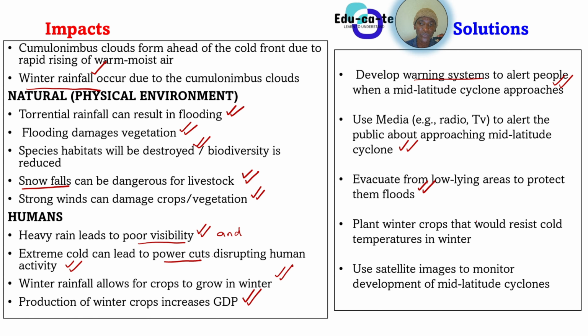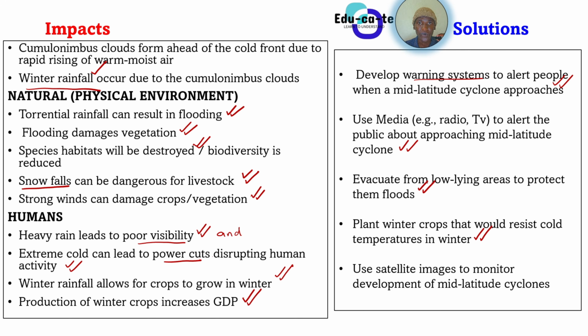So we can also plant winter crops that would resist the cold temperatures so that we do not lose. Remember that we have said that production of winter crops helps the economy. So basically, to avoid losses due to this mid-latitude cyclone, we should normalize planting winter crops. The winter crops can basically resist cold. Even though it is cold, they're able to grow and we can make productivity from them, and that productivity will eventually help us economically. So we should plant winter crops so that we can curb the economic crisis that will be brought by